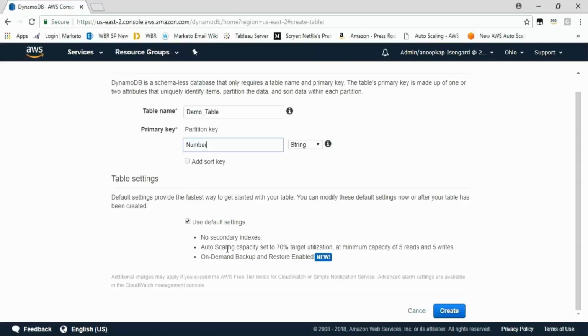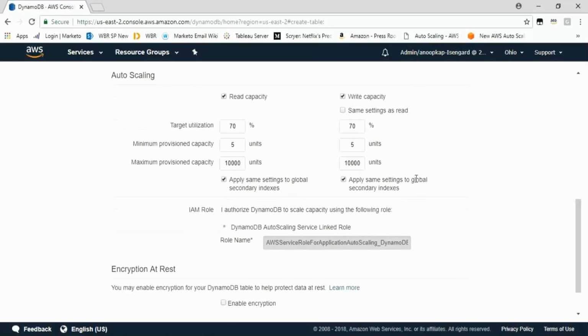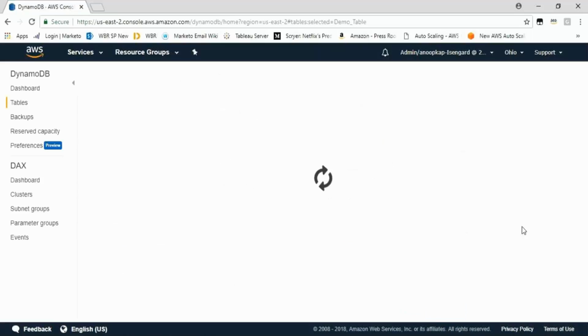This is if I'm doing it through the console. So auto scaling is automatically going to be configured where we're keeping the target utilization of the provisioned capacity at 70%. If I don't want to use the default settings, I can go ahead and manually update the read capacity and the write capacity. So say if I want to change it to 60%, I can do so. I'll go ahead and change both to 60%, and that's it. When I go ahead and create the table,